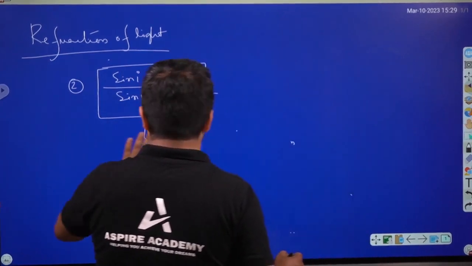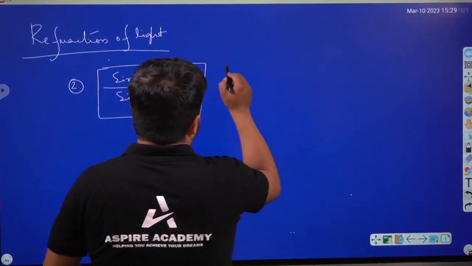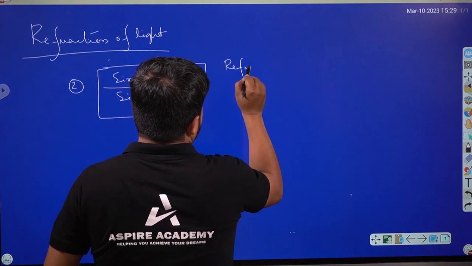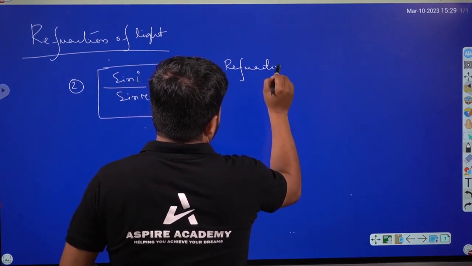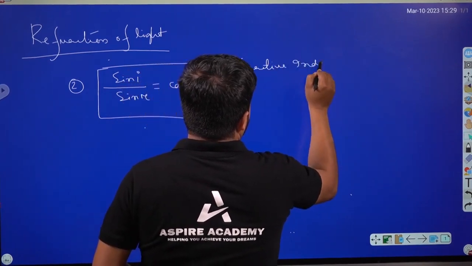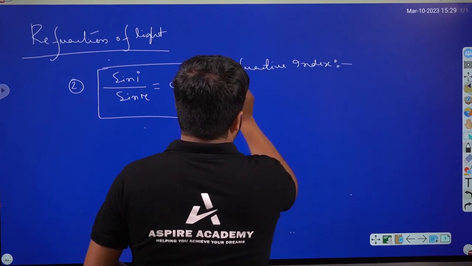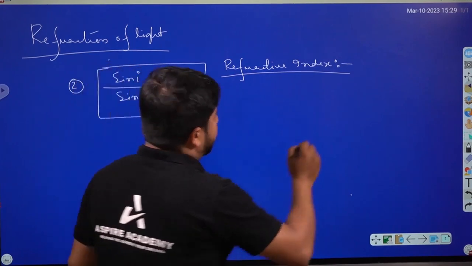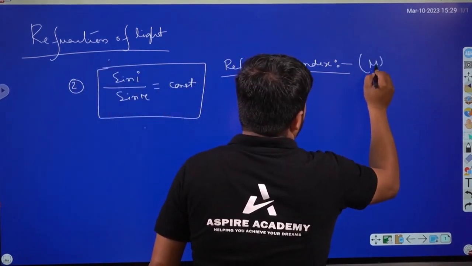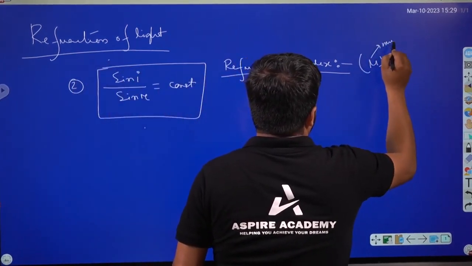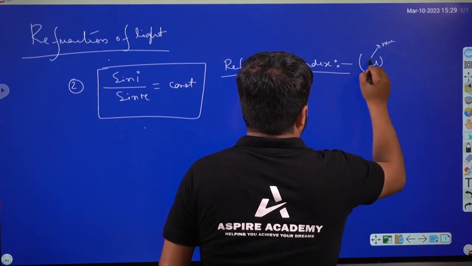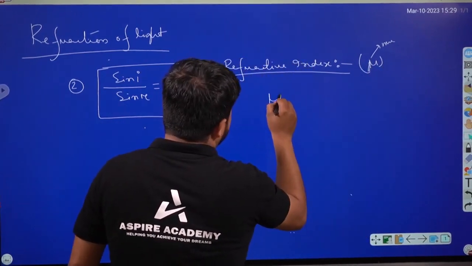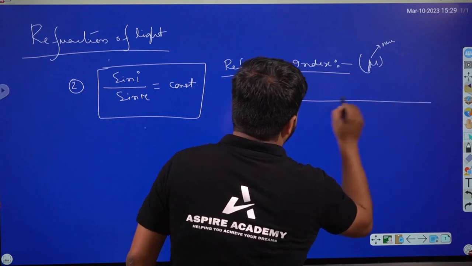The next topic is called refractive index. So what is refractive index? Suppose we call the refractive index mu. Mu, the Greek letter mu, denotes the refractive index. So mu is equal to what? It is a ratio between